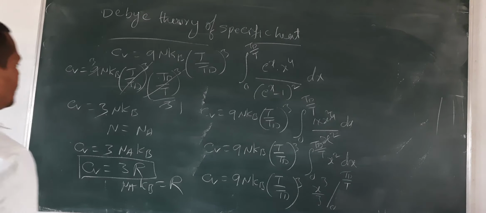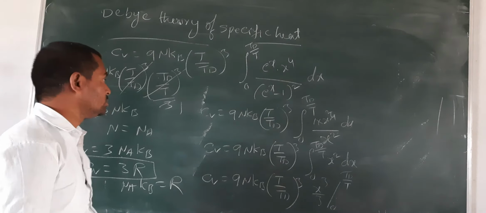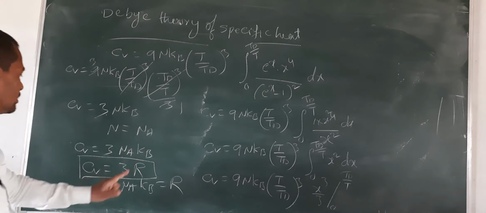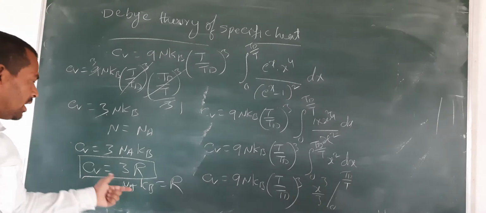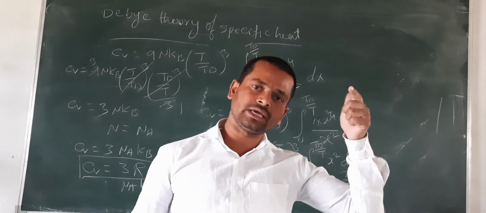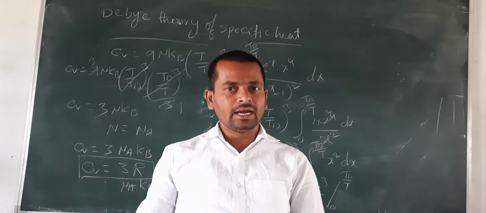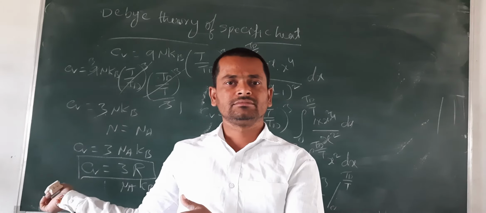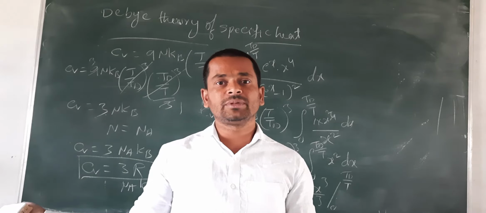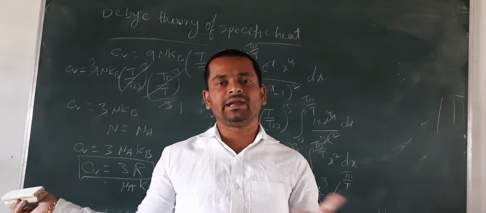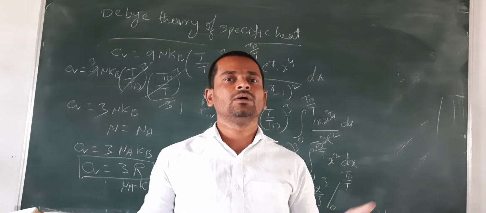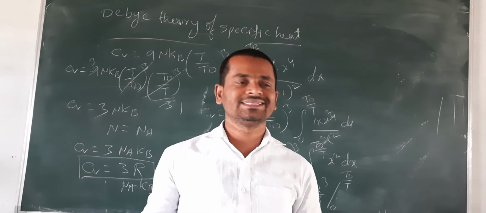Okay, and next, case 2. At high temperature the specific heat is this. This formula we already got in Dulong-Petit and in Einstein theory, and now we are getting it in Debye also. So that means at a higher temperature specific heat is independent, and that is exactly correct. But at a lower temperature, what is the formula? That we must know.